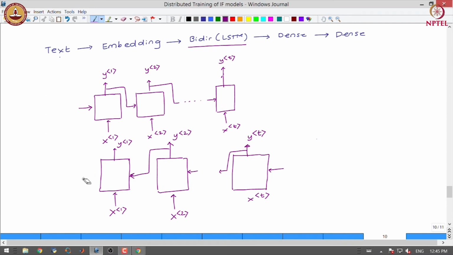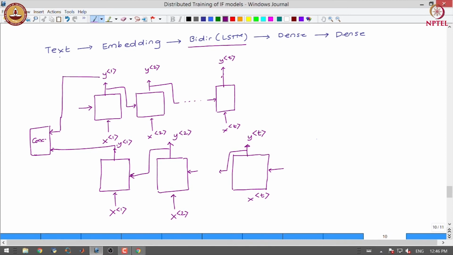And what we do is we combine, or we concatenate, the outputs of, let us say, the first position, the forward pass and the backward pass.